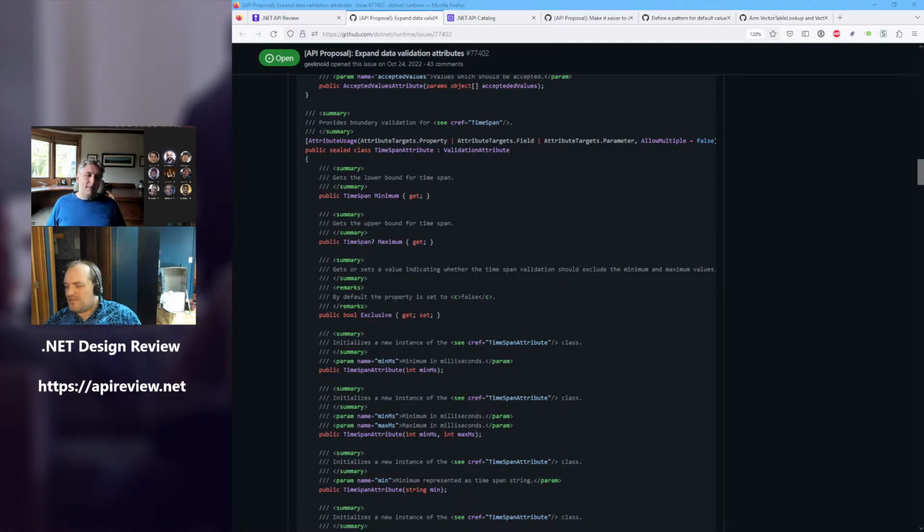So can't the range attribute just be used in this scenario? I mean, like you have time span .text and passing. You can't have things in an attribute that aren't primitives, so you can't new up a time span.